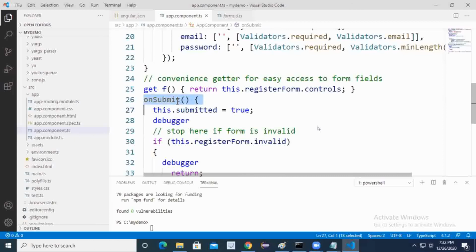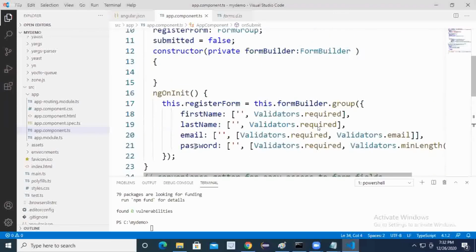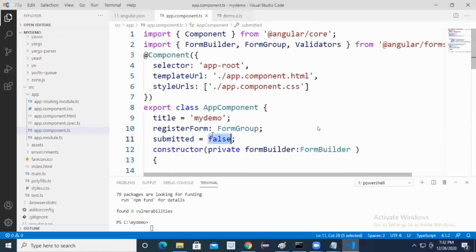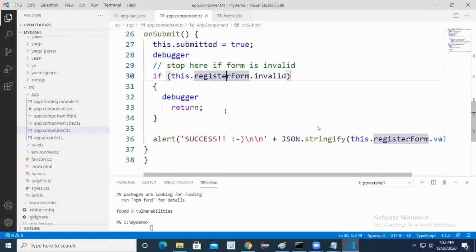And whenever the user clicks on the submit button, which method will execute? The onSubmit method will execute, and if any errors are not there, it will return true. If any errors are there, again return what? Because by default the return is false. Again, you need not write false here. Yes or no? If you're not writing anything, it will return false. Success.